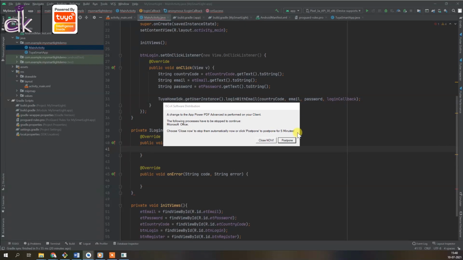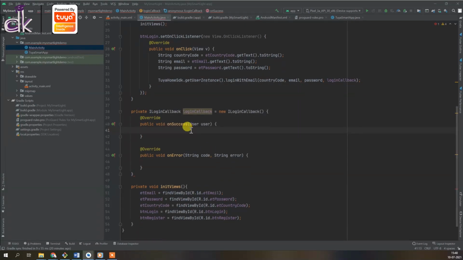Okay. So here on success, obviously you want to direct the user from this app into another app where you can control the device properly, right? So for that, I'm just going to call this as first. I'm going to create a toast to show that the login was successful.